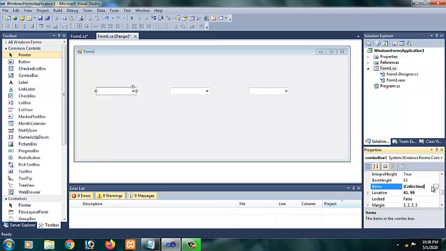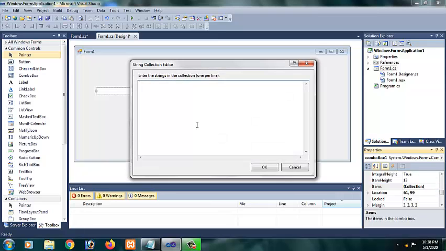Here, in the items property, click this button and add the items. So I am adding some programming language names. Okay, let me copy these language names so that I can paste them in the remaining combo boxes also.